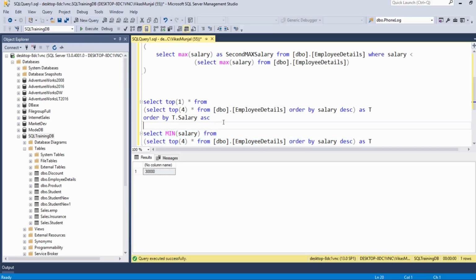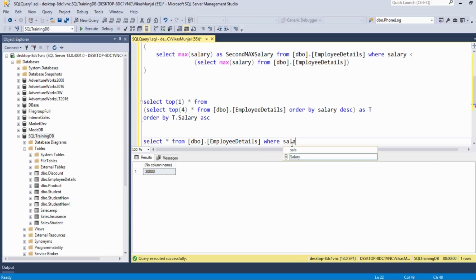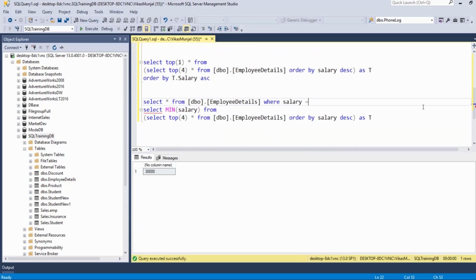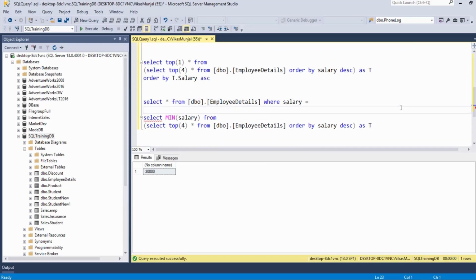And you can again write select star from table, which is employee details, where salary is equal to 30,000. Like this. So if I execute it now,